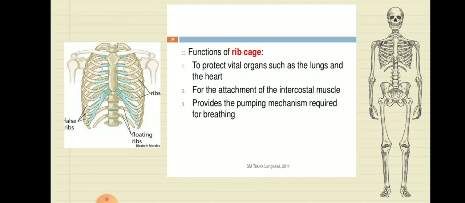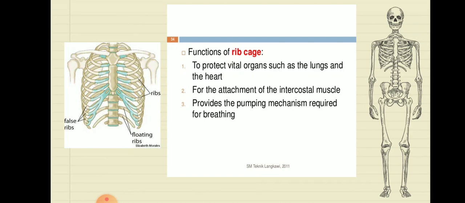It holds all the ribs in place in front, and they are attached to the backbone. The last two pairs of ribs out of the 12 pairs are not attached to the sternum, and therefore they are known as floating ribs. The movement of the rib cage helps in the breathing process. When we breathe, they help us in the movement. So the rib cage protects the heart and lungs from any injury. This is the function carried out by the rib cage. We'll study more about it.